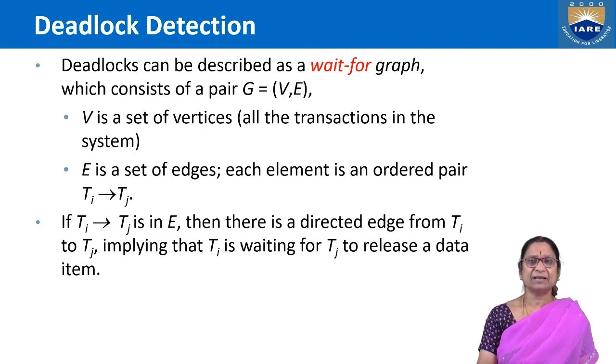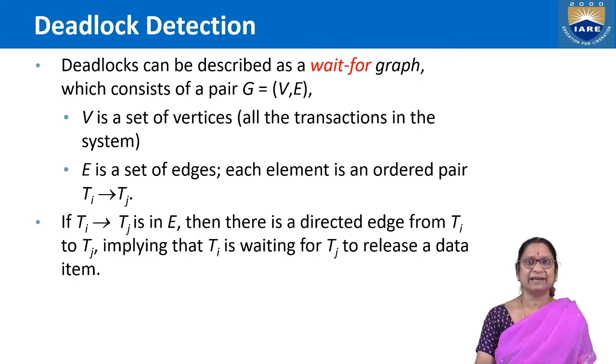Deadlocks can be described, as we can do another one. How can you detect whether a deadlock occurs or not? So till now we discussed the preventive techniques. Fine. But if any schedule entered into the deadlock state, then it has to be identified, and only then can we apply some technique further. So a deadlock can be described using a wait for graph, which consists of